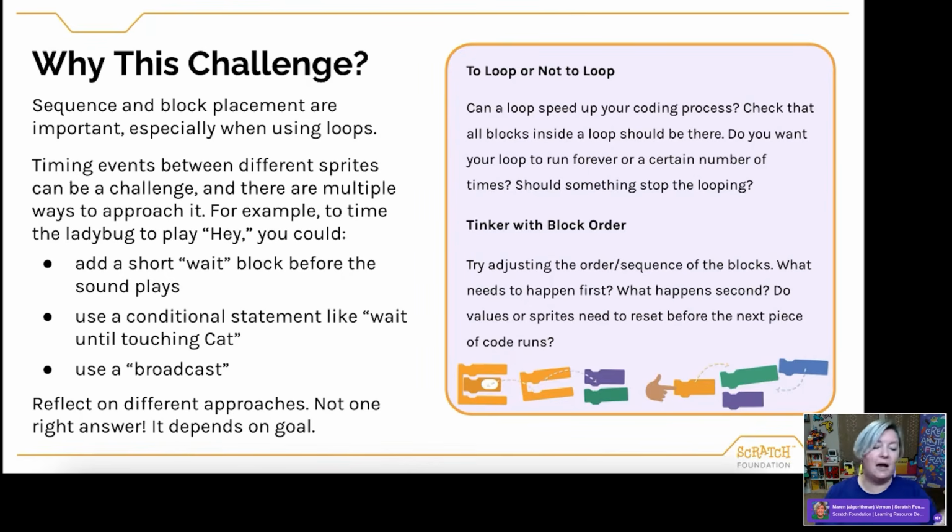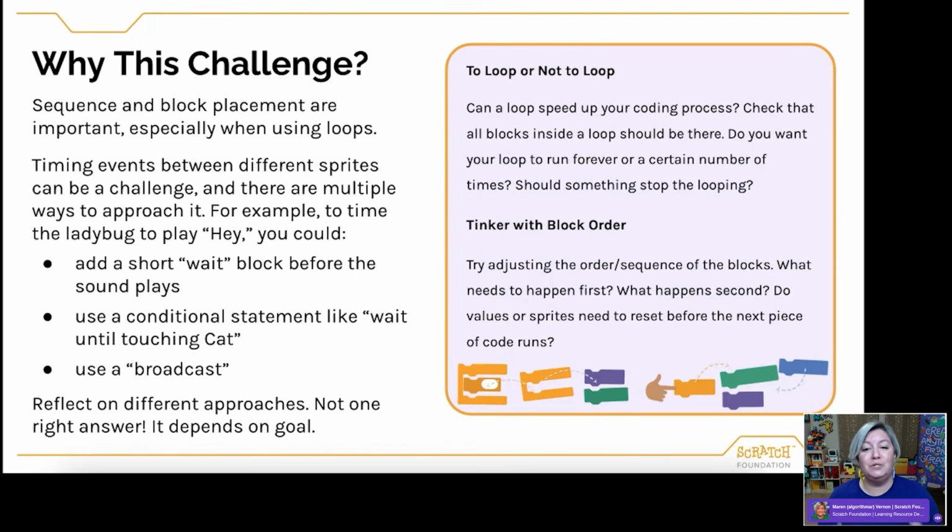So if your sound is 2 seconds versus 3 seconds, we'll have to adjust that wait time. You could also use a conditional statement like I did. Wait until it's touching the cat, since the goal is for them to end up touching at the end, then that should be able to trigger the action. You just have to get the cat over there first by fixing the cat's code.